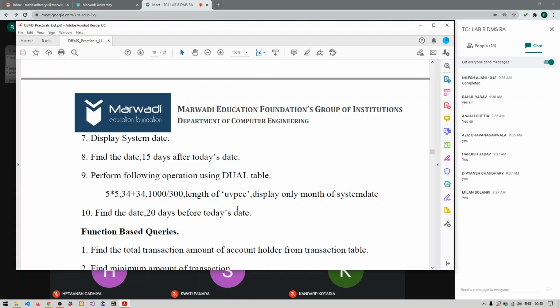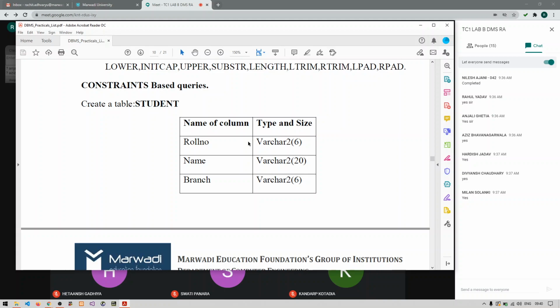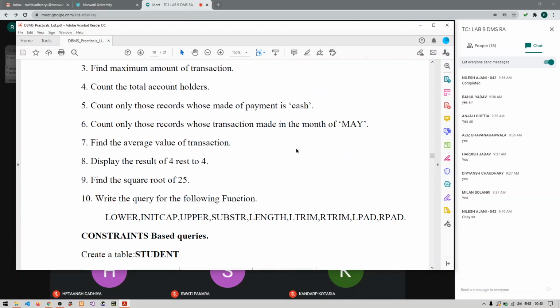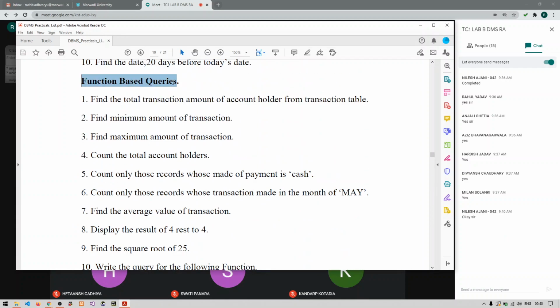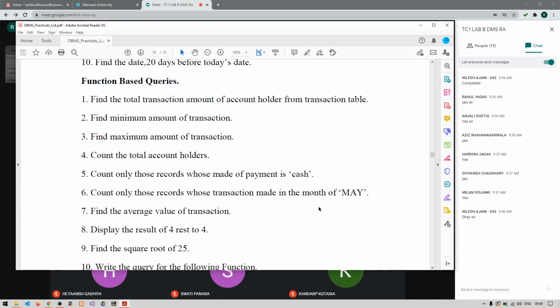Is that okay and clear, everyone? We are first going for these two tables, the new learning part, and then the function based queries, which we'll discuss and you can perform directly. So shall we start?